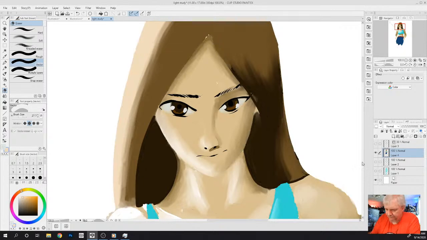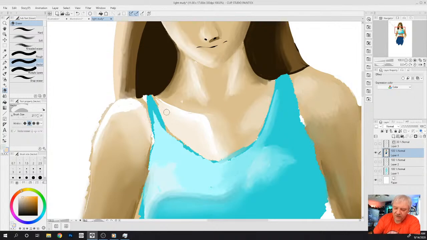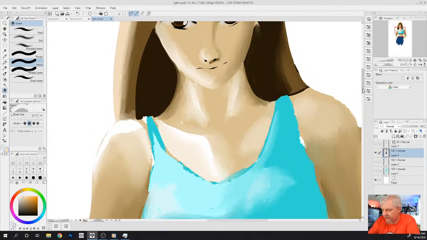There. Now, of course, in real life, we don't have lines. This was a light study where I was studying the light over the side of our body here, because I thought it was cool. The original picture that we had